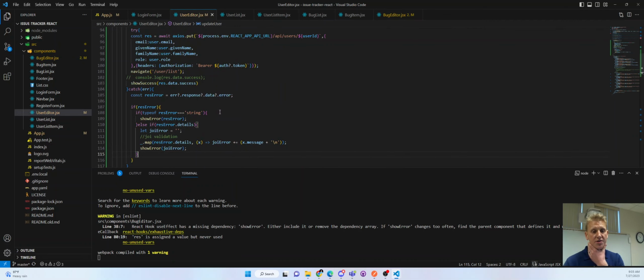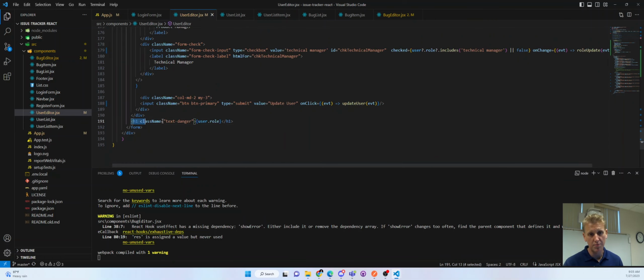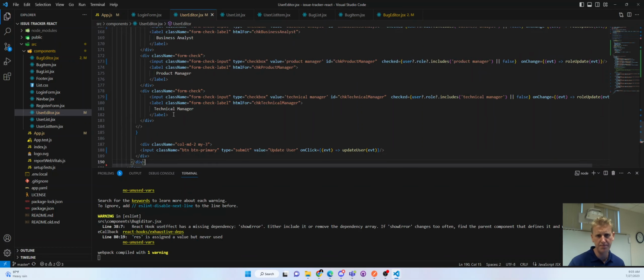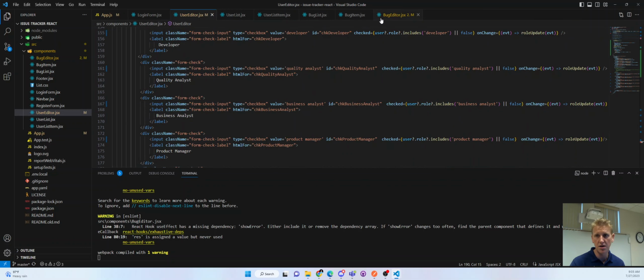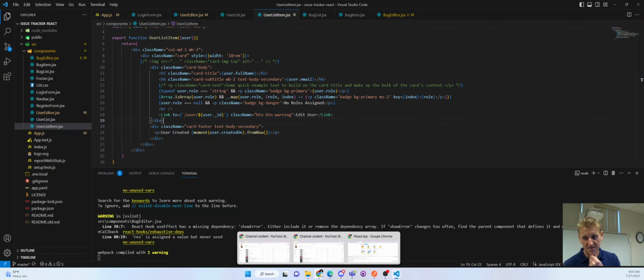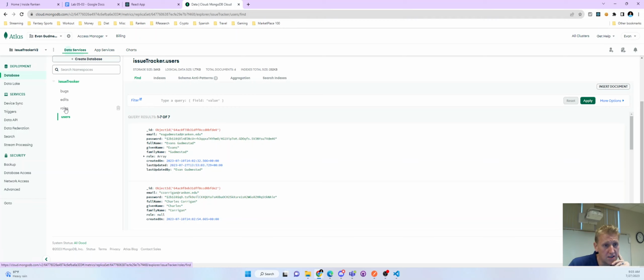And so on my user editor, here we're just showing, we probably no longer need this user role. I was just troubleshooting that and making sure that that was coming up appropriately. I'm going to take out that H1. And on my, let's see, user list item, here, pretty much no matter what, we're showing this link. And let me hit the database and look at the different permissions that we have signed up. So if I look at roles,